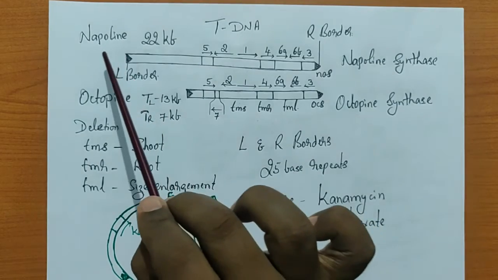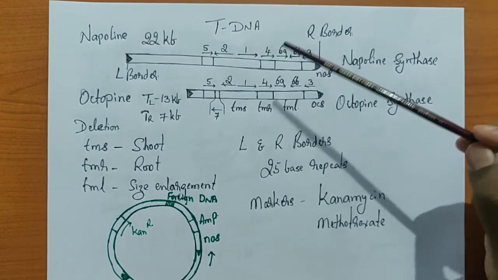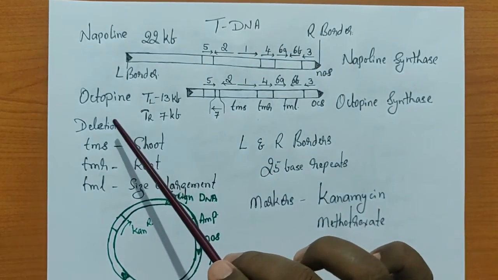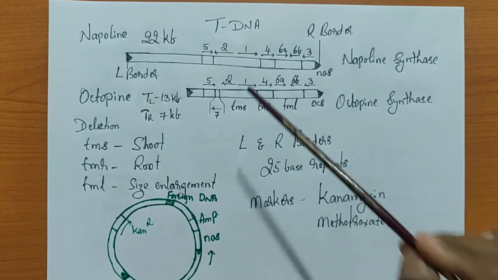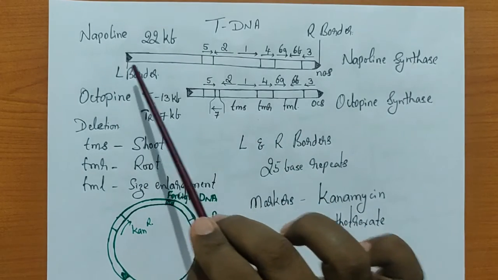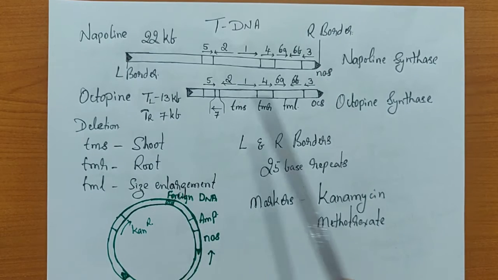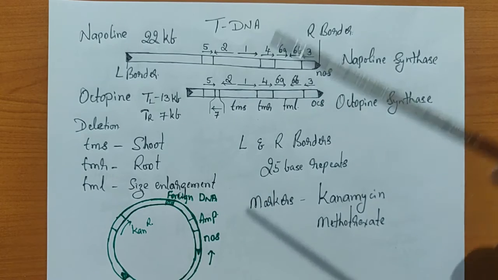So now they have characterized this tDNA from nopaline as well as tDNA from the octopine. In case of nopaline, the tDNA transfer is just one segment, whereas in case of octopine, we do have two segments that are going to be